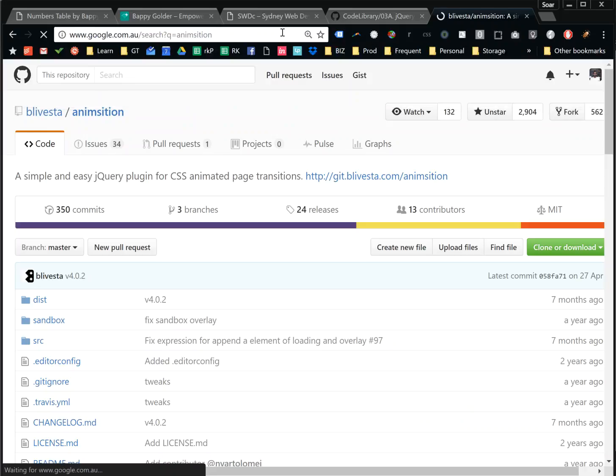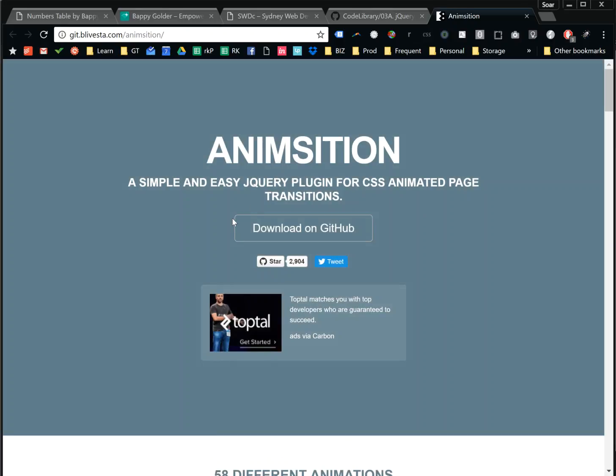If you Google Animsition, you'll come up with this site here, which is the actual landing page of Animsition. And obviously they're using their own plugin. As you can see, it's loading and it's loaded smoothly. To get this plugin, you just download it from GitHub. So go to GitHub,